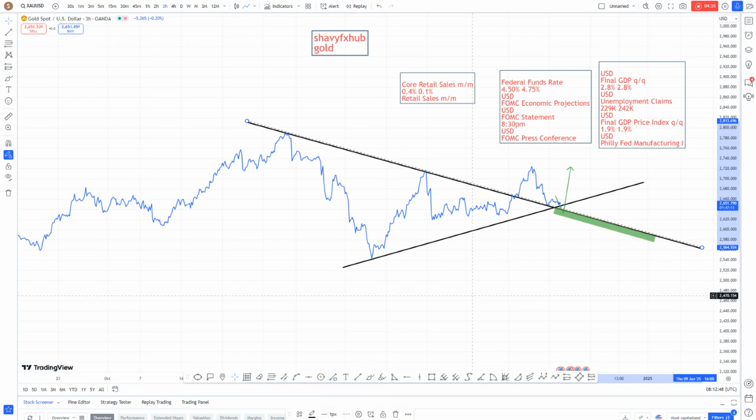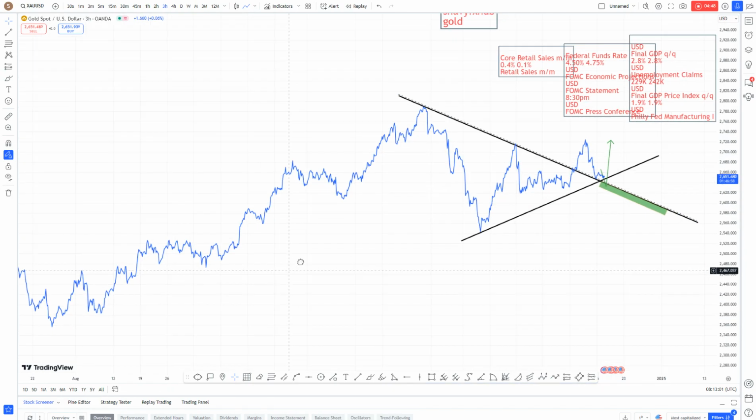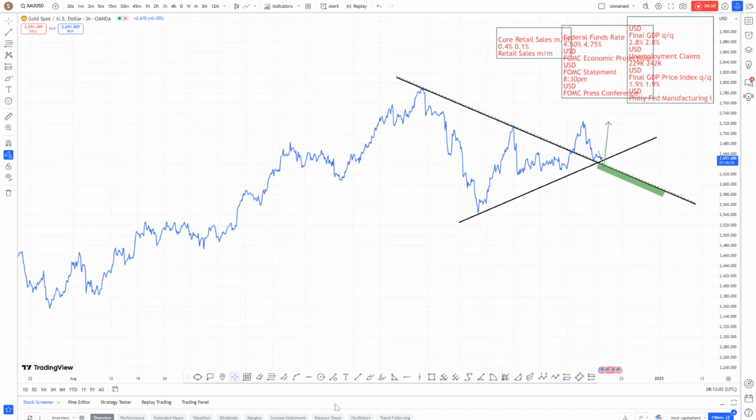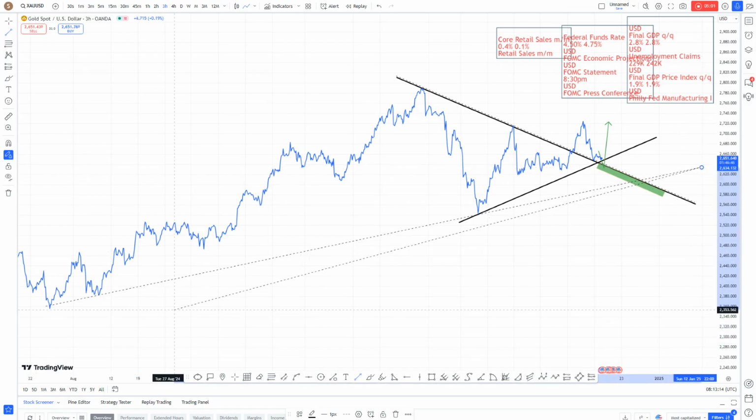So the price is awaiting economic data. But based on what price has been, a breakout from the descending trend line is a confirmation of the trend from downtrend to uptrend. However, this cannot be the final assumption, because fundamental analysis invalidates every chart and every technical projection. So what we continue to see is how the data print comes.